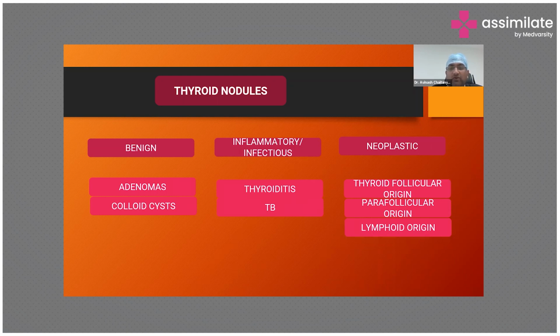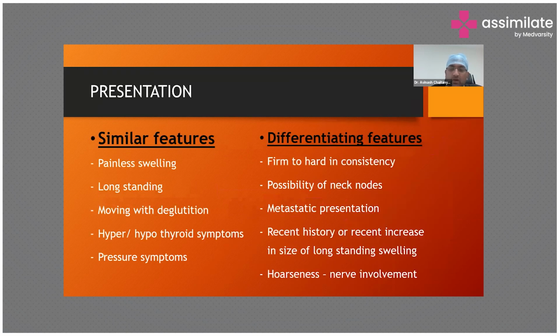Apart from that, the parafollicular cells are present just behind the thyroid nodules, and they produce calcitonin. A cancer of that origin of cells will form medullary carcinoma of the thyroid, and the lymphoid origin will cause lymphomas. So the issue is that they have a very similar presentation to benign. Benign and malignancy don't have a very different presentation in the way that